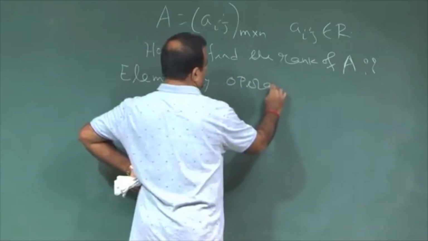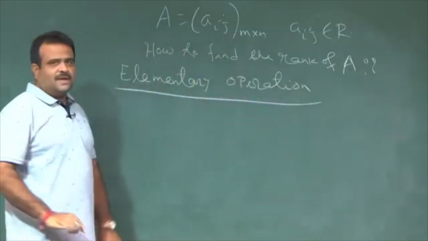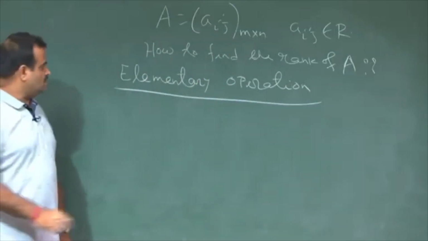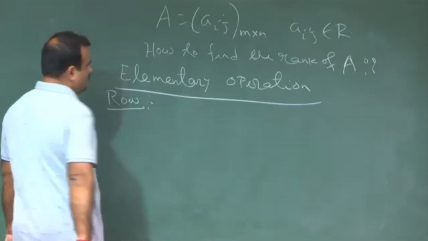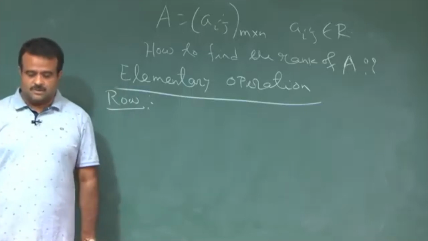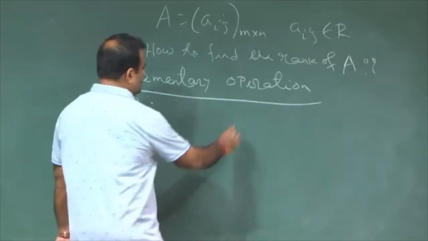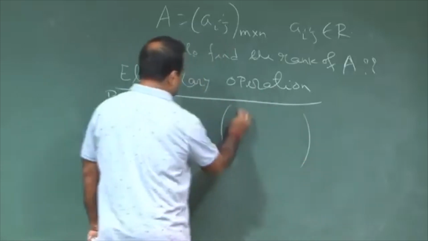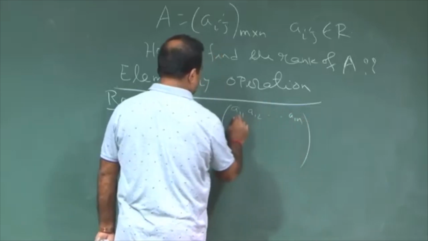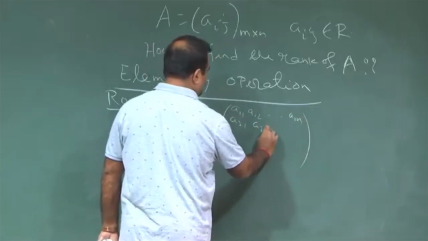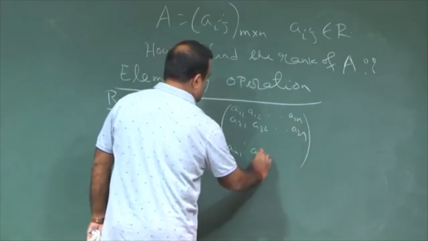Elementary operation. This is either row operation or column operation. So, there are three types of elementary operations. Suppose we are talking about row operations on rows, and the same thing will be carried out for columns also. So, row operation. We have a matrix A11, A12, ..., A1n, A21, A22, ..., A2n, Am1,